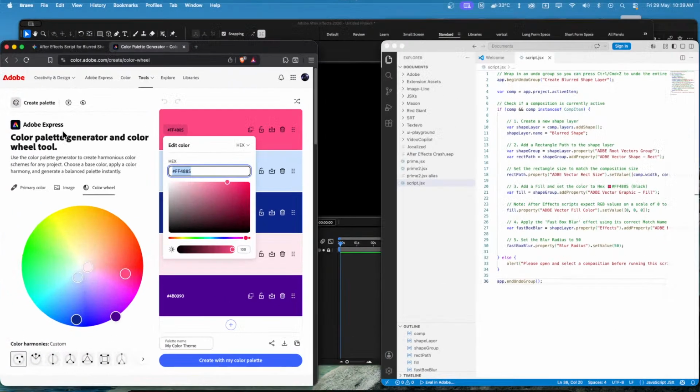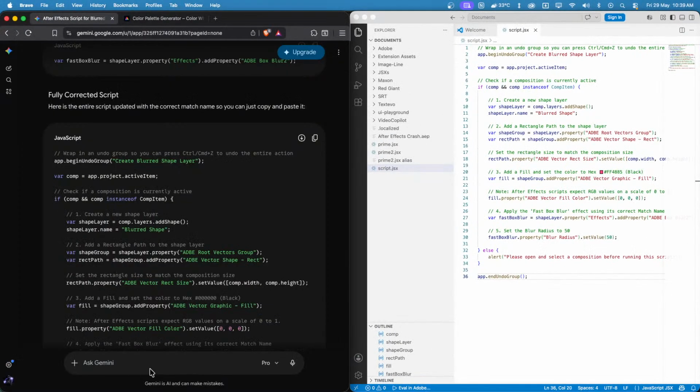And if you go to Gemini again and tell it that I just want to create a shape layer with hex code, then I will paste the hex code and apply Fast Box Blur and turn it off. Okay,